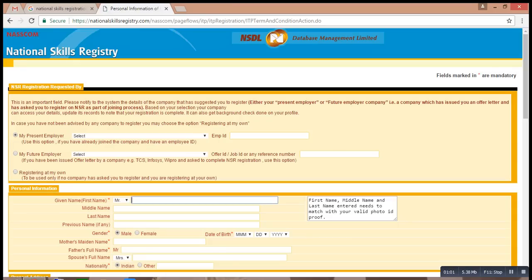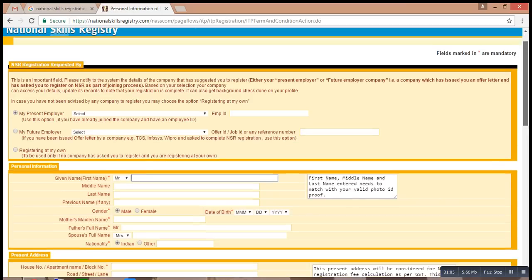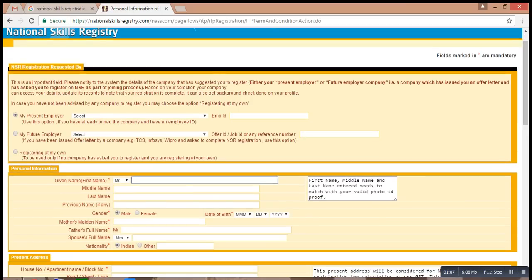Okay, as you can see here, there are three choices: my present employer, my future employer, registering on my own. If you are working in a company and they asked you to register, then select my present employer. Otherwise, in many companies like TCS, Infosys, Wipro, they ask us to apply for NSR registration, so register as my future employer.